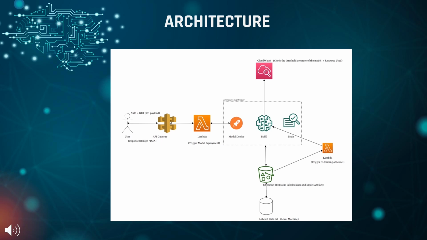We have ensured that we train our models on a large instance, but for deployment we have used a medium instance to reduce our overall cost. For training purposes, we have stored the labeled data in the S3 bucket, which is loaded into SageMaker for model training and building. CloudWatch is connected to SageMaker and Lambda and provides information about the compute resources in the process. Finally, we have a provision that if any additional data is loaded into the S3 bucket, then it will trigger the model training and endpoint deployment so that our model can improve over time.